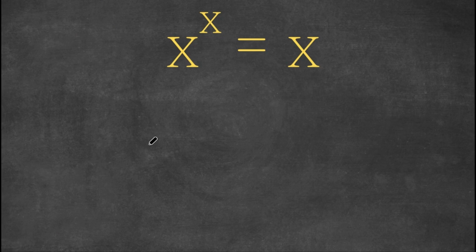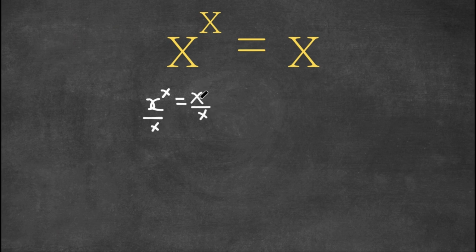In today's video, I'm going to be teaching you guys how to solve this exponential equation. So we have x to the power of x equals x. Now what I'm first going to do is I'm going to divide by x on both sides. So we have x to the power of x equals x, and if I divide by x on both sides,